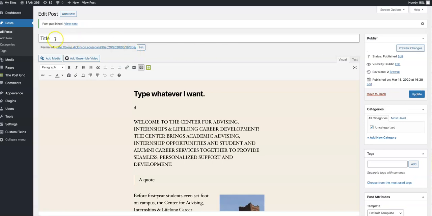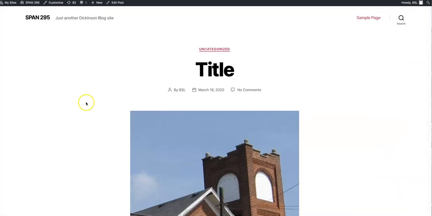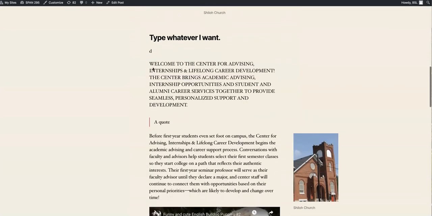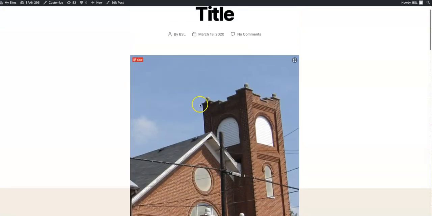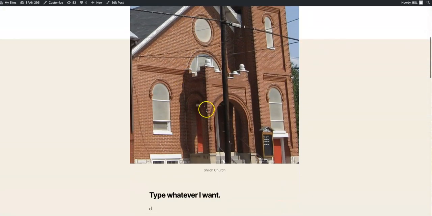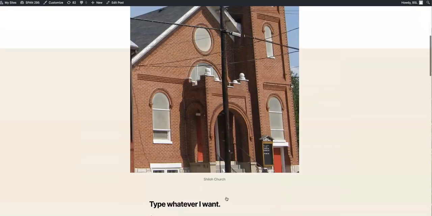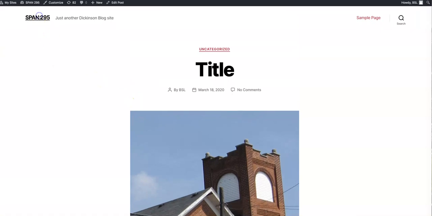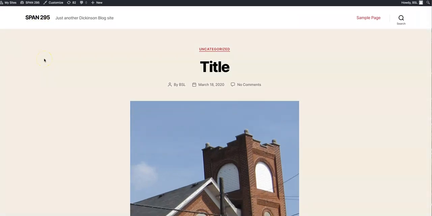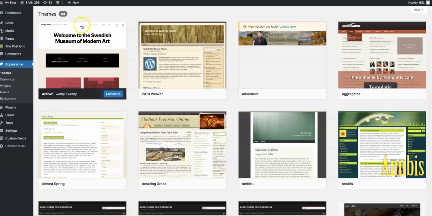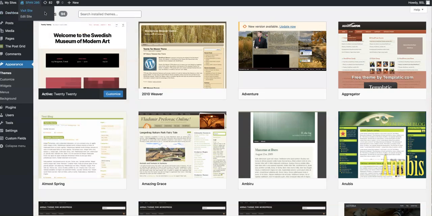it takes me back to this screen. I now get this permalink though, and that's what takes me out to the post itself. So if I wanted to, I could take a quick look. Again, it says I'm in the uncategorized category. It has my featured image on this one also. This particular theme has a featured image at the very top of the screen. It has my post. When I go to the front page of the site itself,